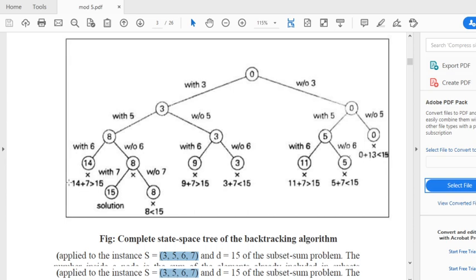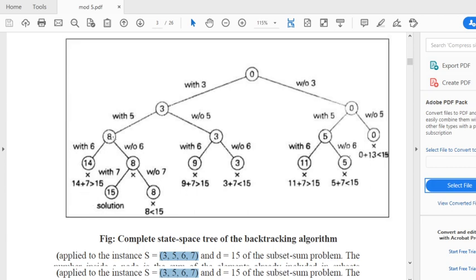So now if I try to add 7 to 14, it will exceed the sum limit 15. If I don't include the 7, the same sum 14 will be carried forward to the next node. That's why I have not shown it here.